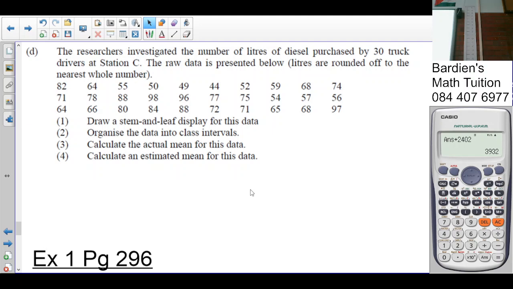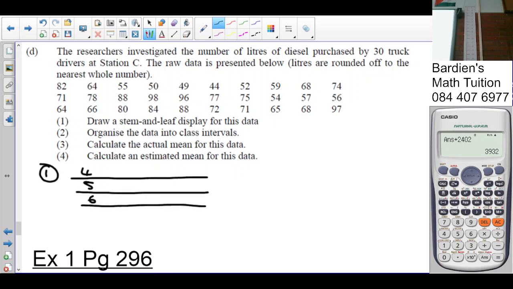So what is the least amount purchased here? 44. And the maximum? 90. So when I draw my stem and leaf diagram, I need to go 4, 5, 6, 7, 8, 9. Not so? So the data is 40, 49,